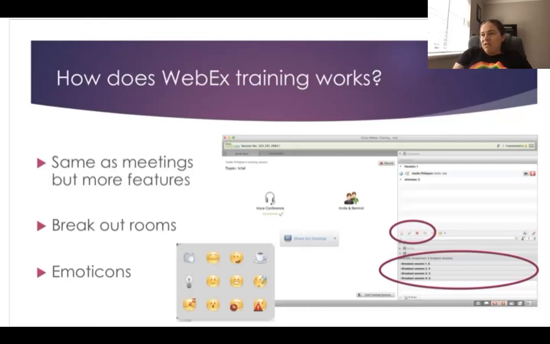The other advantage of WebEx training is the use of emoticons, and that's something I'm going to use. I'm going to talk a lot about active participation, because we don't have any verbal or non-verbal cues, we don't see people really. Even if they use their video, you don't have this non-verbal feedback. So you need to get something else to obtain this non-verbal feedback. And the emoticon ticks and crosses, and you can see